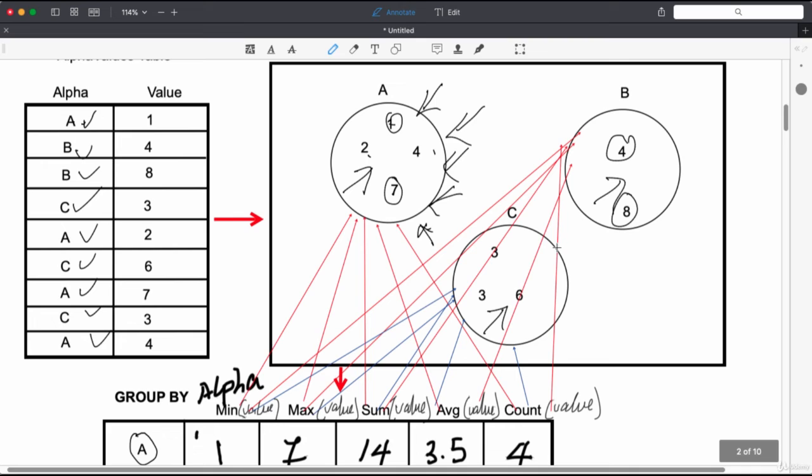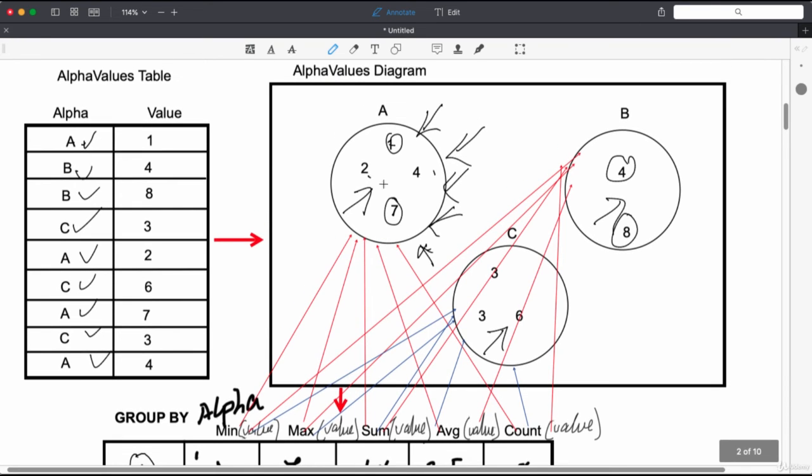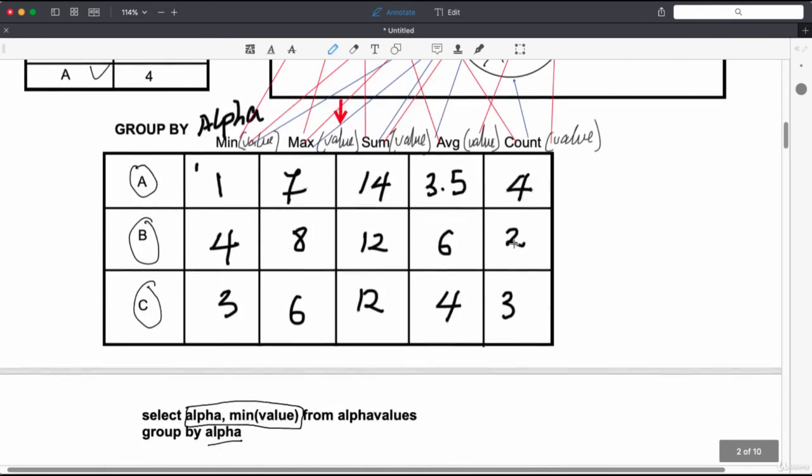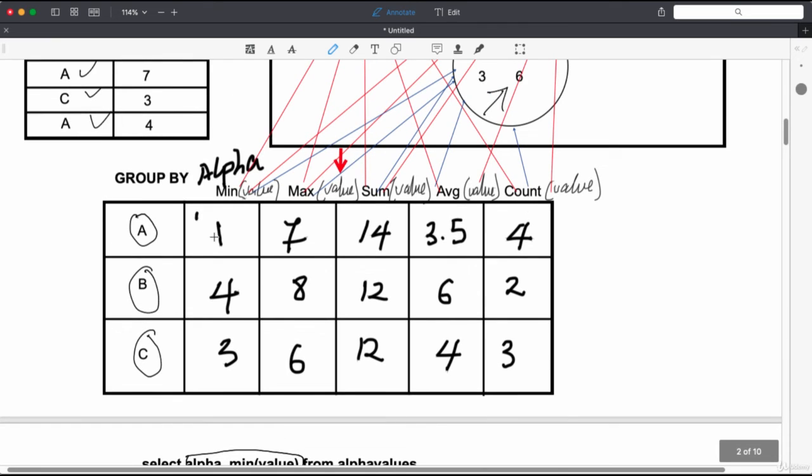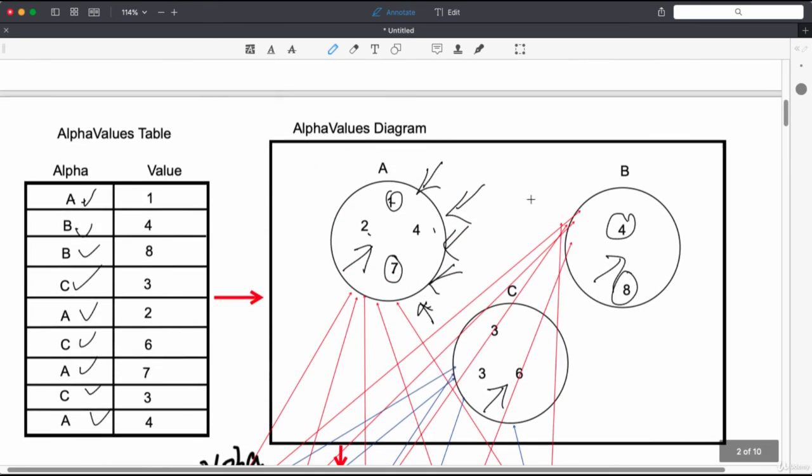We are only asking the system to do it for us because sometimes we might have millions of values or millions of data. But what I want you to see now is that if you have values like this, you are lucky, because when you have values, you can apply minimum value, maximum value, sum of value, average of value, count of value. But assume